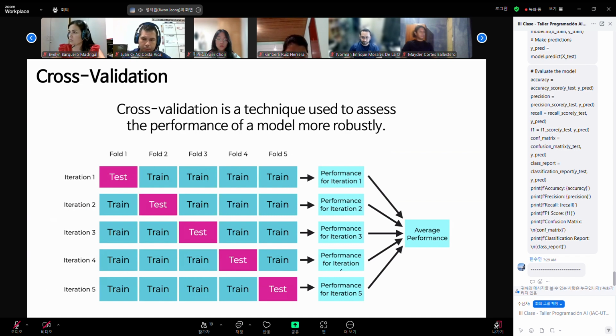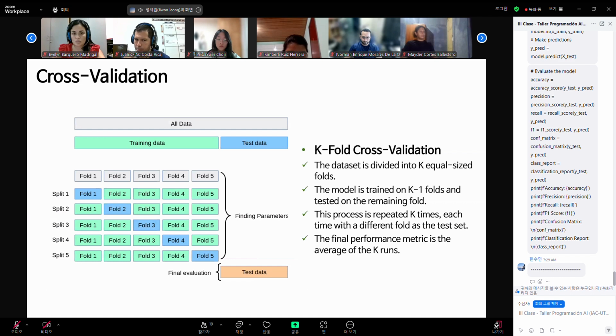So it's similar to cross-checking. I have written down several cross-validation techniques in the workbook, but among them I will introduce k-fold cross-validation, which is frequently used. In k-fold cross-validation, we split the data set into k equal parts, or folds. For example, let's say we choose 5 folds. We train our model on 4 folds and test it on the remaining fold. We repeat this process 5 times, which is k times, each time using a